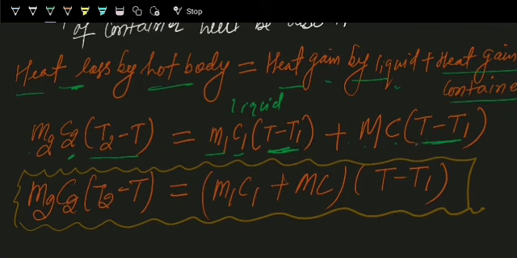So take out T minus T1 as common, and we will get the expression: M2C2(T2 minus T) is equal to (M1C1 plus MC) times (T minus T1). So this one is the expression for heat gain by